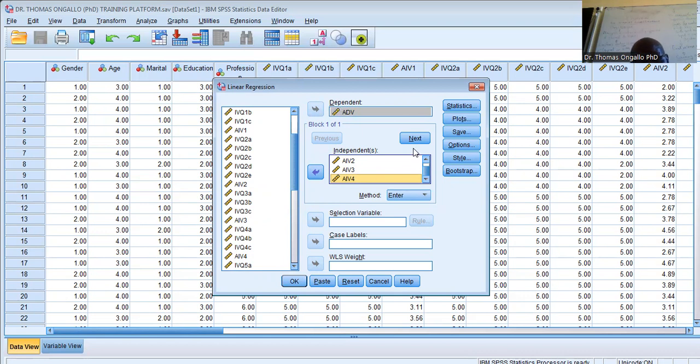Then you go to this window where it is written next. Then you click next. Now you can see all the independent variables that I had here have all gone. Now they have not gone that they are lost, but they are at the background leaving space for now the